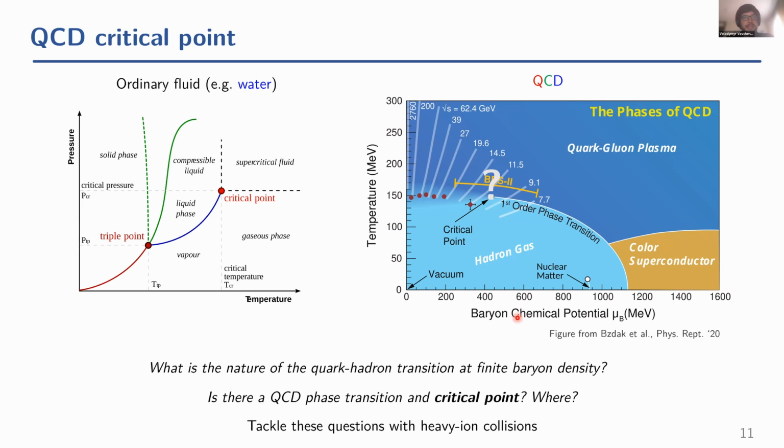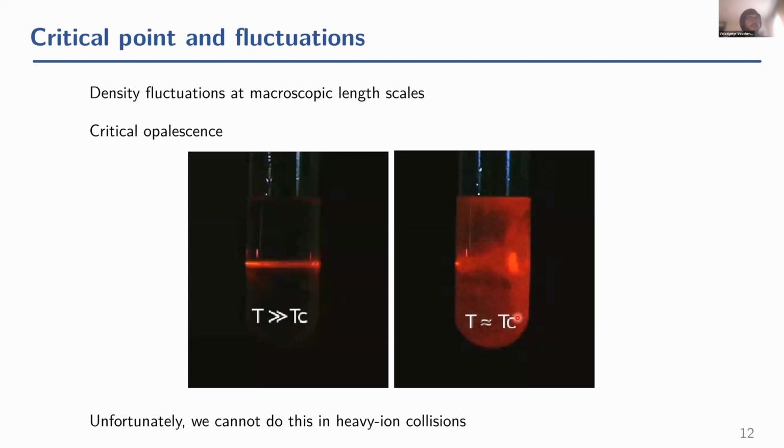Yes. So now that we have established the mapping of heavy ion collisions to the phase diagram, it looks like, if there is a critical point, we should be able to probe regions close to it. So we can now ask: what can we try to measure to probe the critical point? One generic feature of a critical point that we know very well from critical phenomena, not in QCD but in ordinary fluids like water, is that a critical point is characterized generically by large fluctuations, at macroscopic length scales.